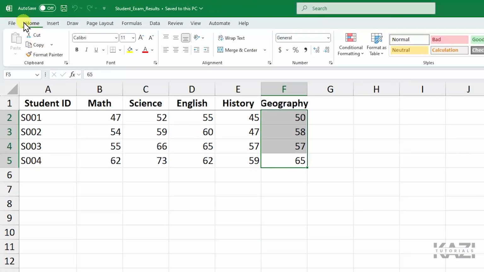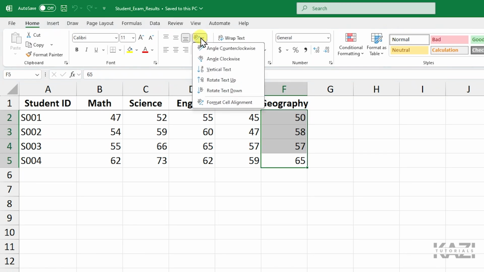And then from here, first you need to go to the Home tab, and then under the Alignment section, you will probably see this Orientation option. If you tap on that, I should say there are 5 kinds of orientation. So you can either angle counterclockwise, angle clockwise, vertical text, rotate text up, or rotate text down. You can see there are lots of options, so you can simply play around with it to find out